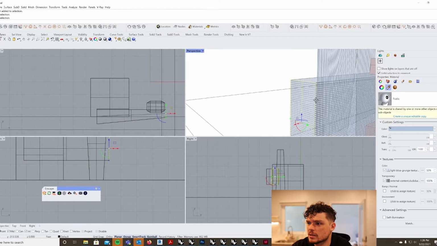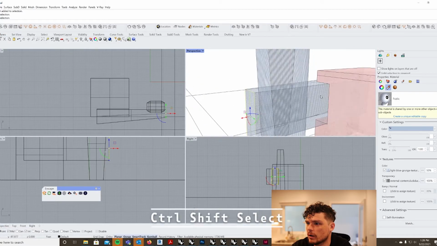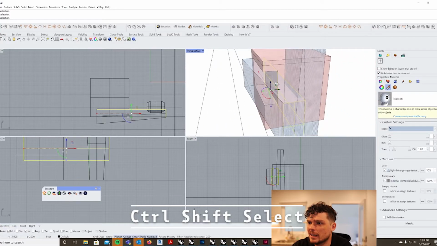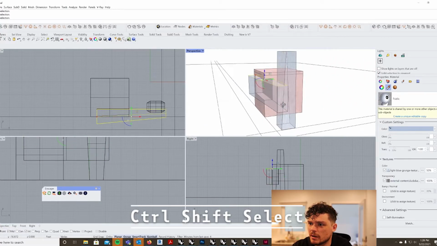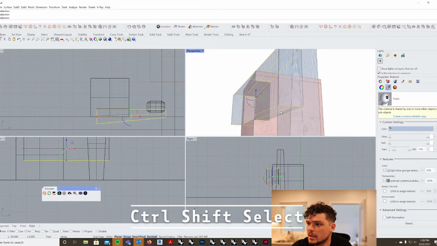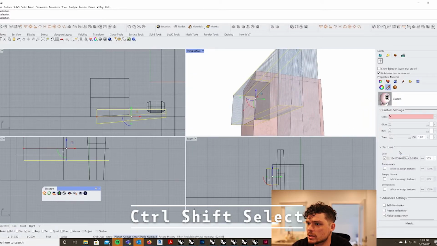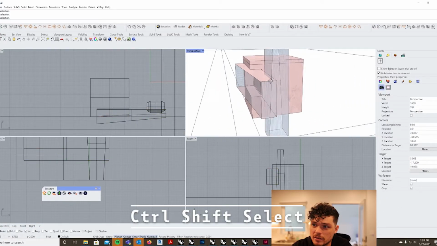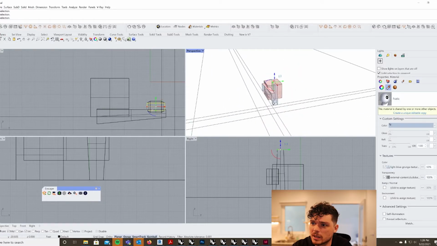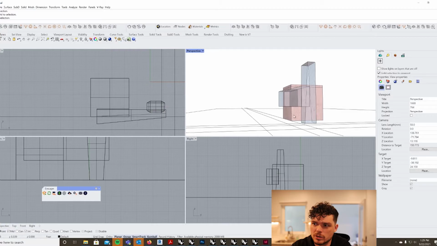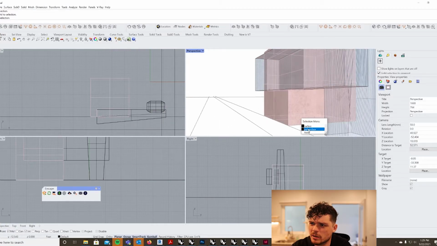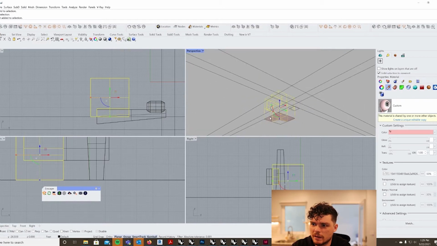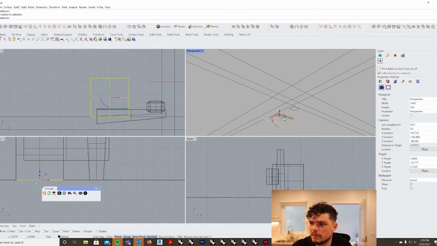And then I can go around and select the faces that I want to change. I don't really want the top and the bottom to also have this stripy pattern. So we could give it that solid panel, because that will most likely be solid. This area down here more transparent. There's a couple of ways you could go about this. The quickest I can think of off the top of my head is just doing a Control-Shift-Select